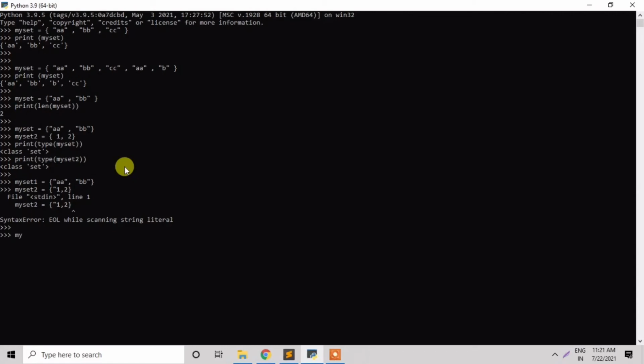We will write simply mySet2 with 1 and 2.